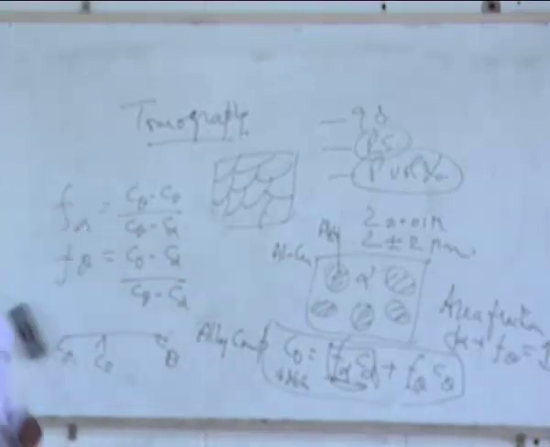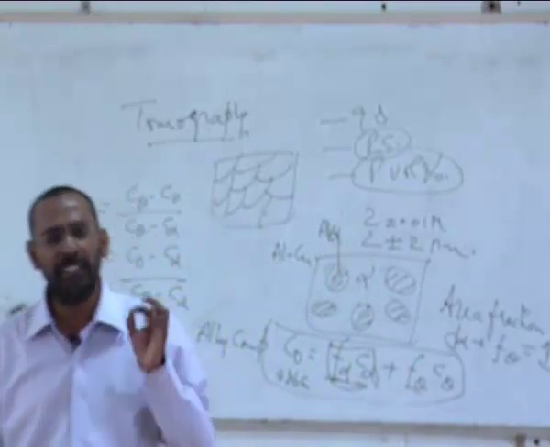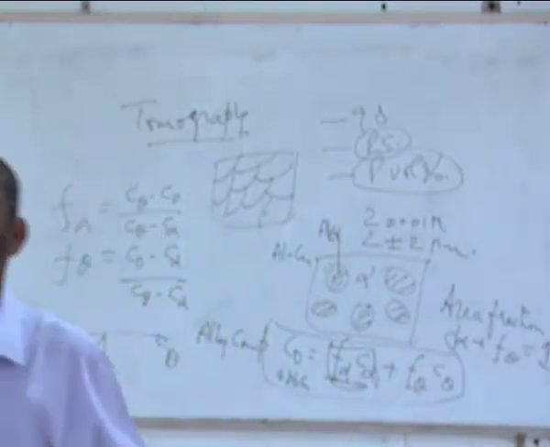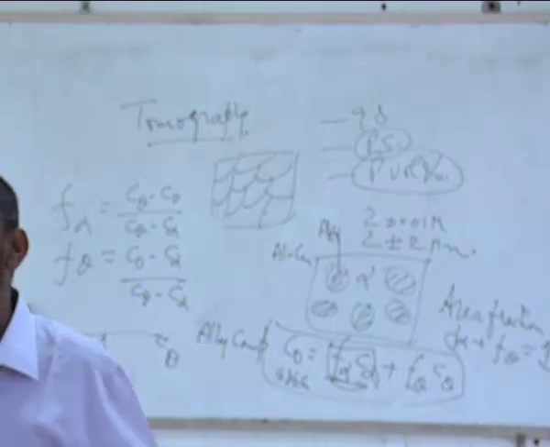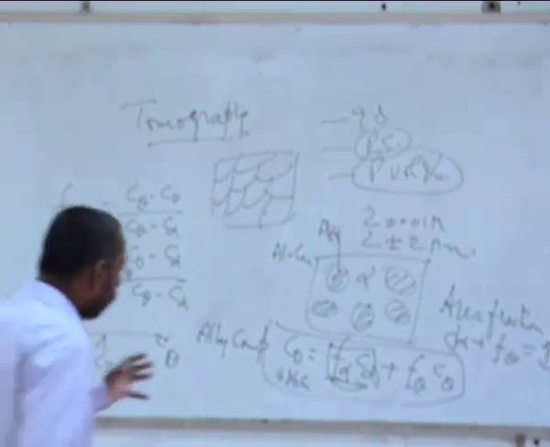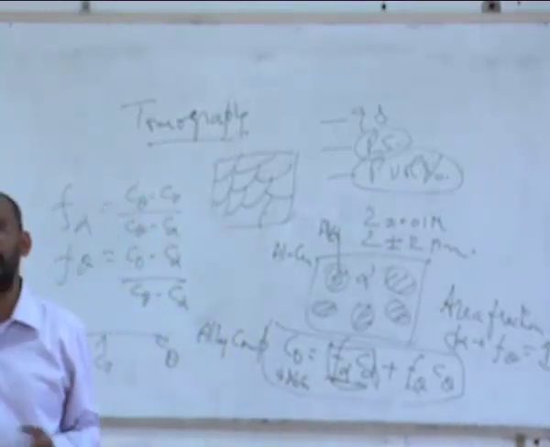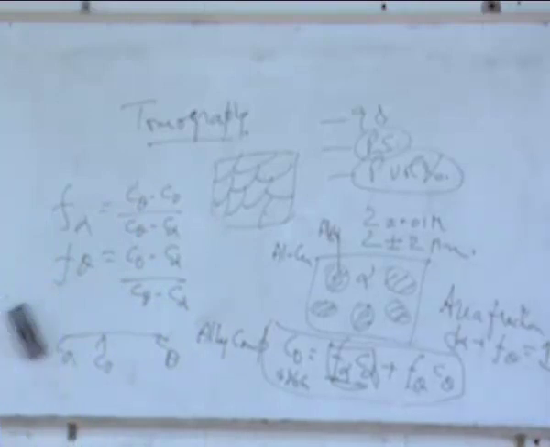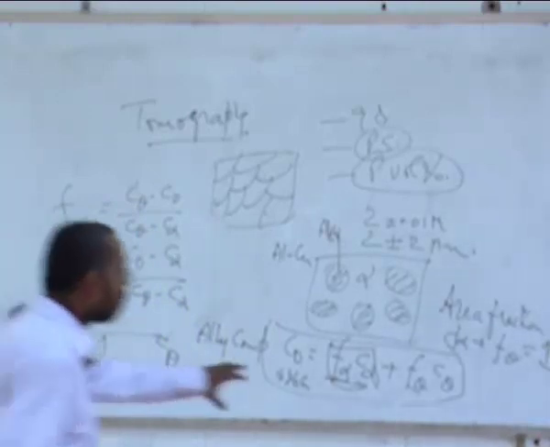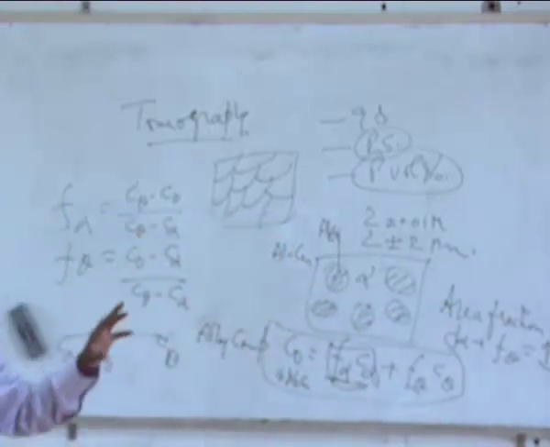This one, which you regularly use in your lever rule calculations, actually always comes from these two equations. Do not simply accept everything that your teacher tells you. This is something you have to learn if you want to really understand a subject. Find out, how did this come, sir? You are giving me an equation. Where does it come from? And it comes from this. These are the mass balance equations. The two mass balance equations will give you this, and with this, I will be able to find out.